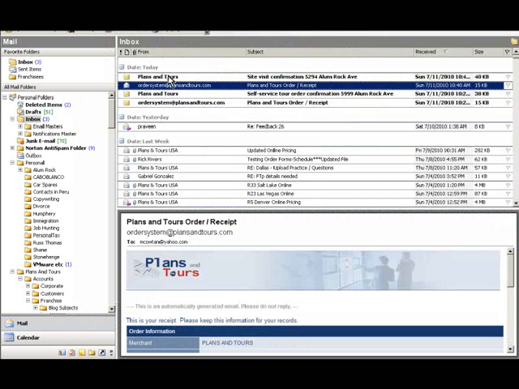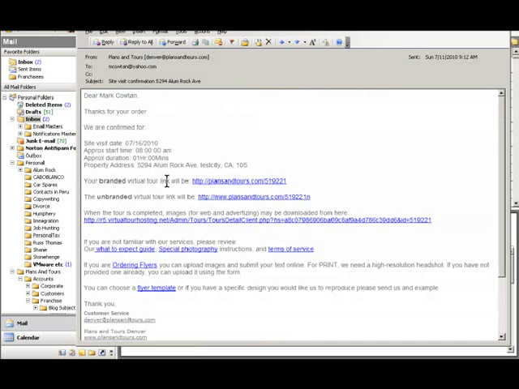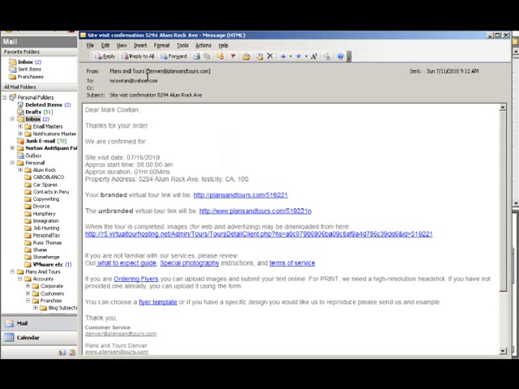And then here is a site visit confirmation. This one is coming from Plans and Tours Denver, so the agent can reply to this. It clearly says site visit confirmation, and then Dear Mark Cowton, we're confirmed for this date, time, approximate duration, this address, and then here are the branded and unbranded tour links, a download link where they can download the low-res or high-res photos, a soft copy of the CD, get visitor statistics, send themselves an e-flyer, and a couple of